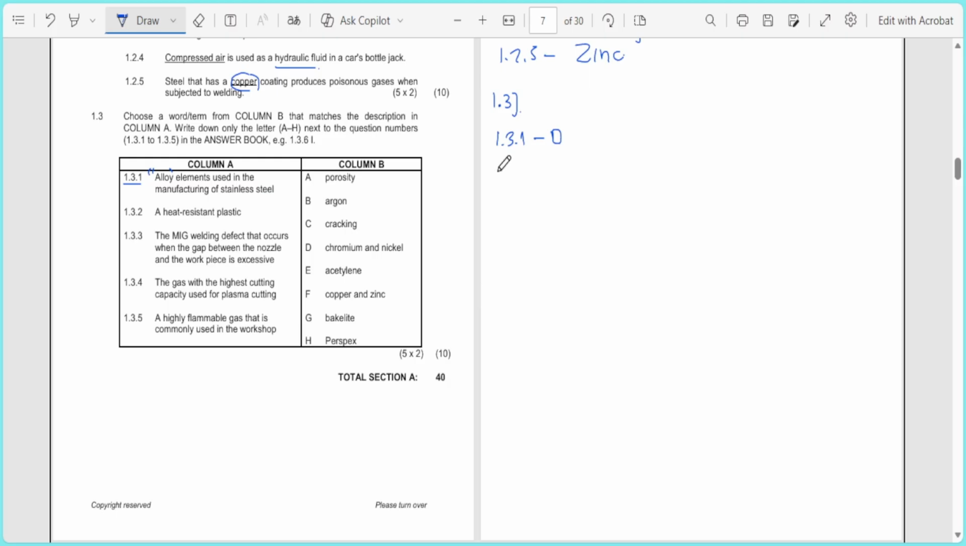Now, for the next question, 1.3.2. I feel like I'm not only answering the questions, I'm giving a bit of a lesson on the side. So just let me know in the comment section if you appreciate that approach, or should I just go straight to answering the questions? Anyway, 1.3.2, a heat resistant plastic. So we have porosity, argon, cracking, acetylene, Bakelite, and